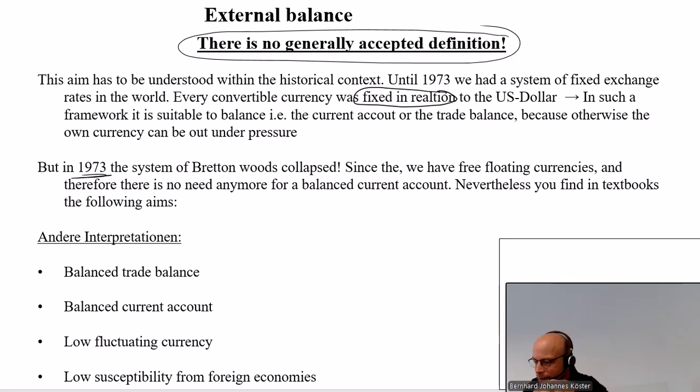But then you have this fixed exchange rate. Think of a situation where your exports are much larger than your imports. You are selling much more goods than you are buying. This would mean that you have a huge capital inflow into your country. But what does this mean in general for your currency when you have a capital inflow? It would mean that in general your currency has to appreciate. Your currency is more valuable because of this inflow of capital.